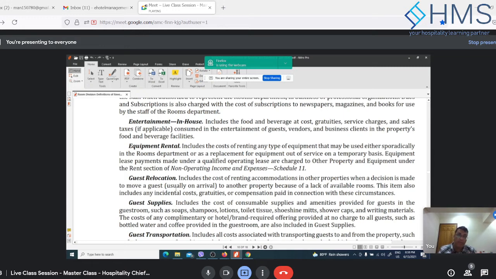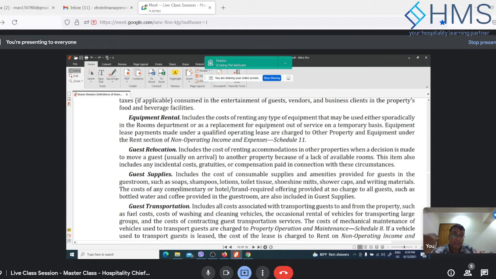Then you have guest relocation for walkaway rooms, where you pay the other expenses for relocating the guest to another hotel due to high occupancy. Then you have guest supplies, which are consumed by the guest. So here you will be putting in all your shampoos, lotions, toiletries, sunshine, shower cap, which are actually consumed by the guest, not as a part of your complimentary services and gifts. It's usually consumed by the guest as a part of your amenities, right? As a part of your standard benefits, brand requiring.